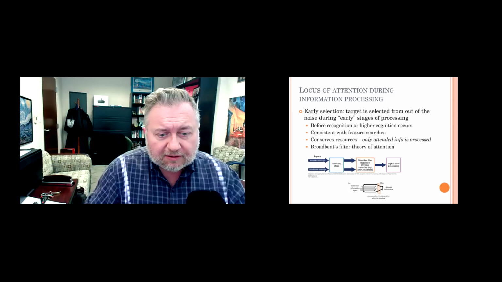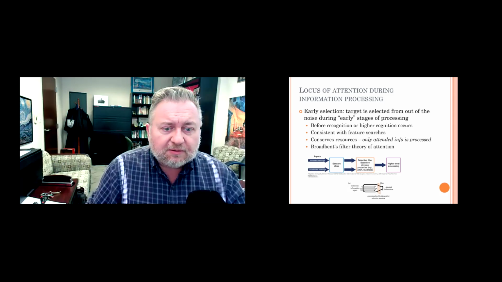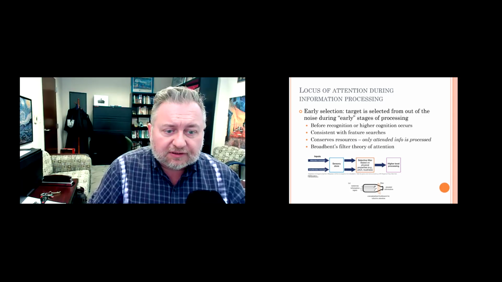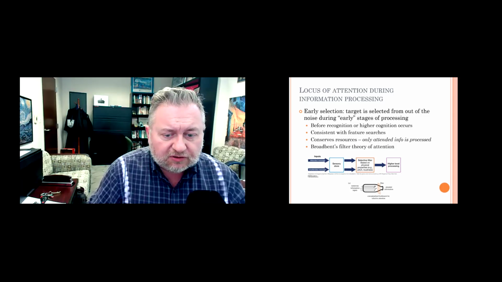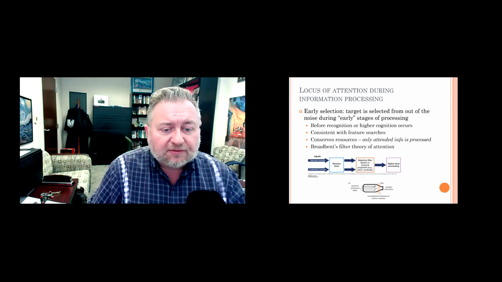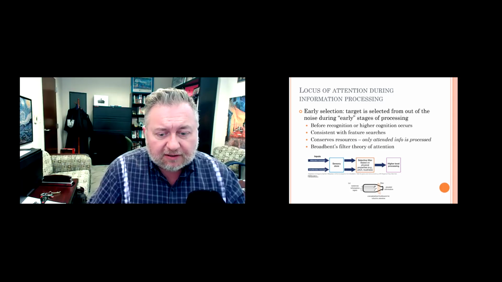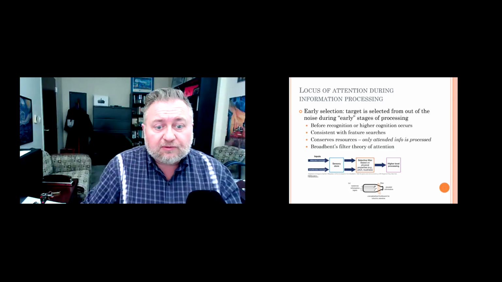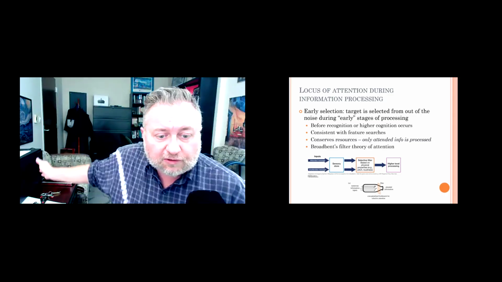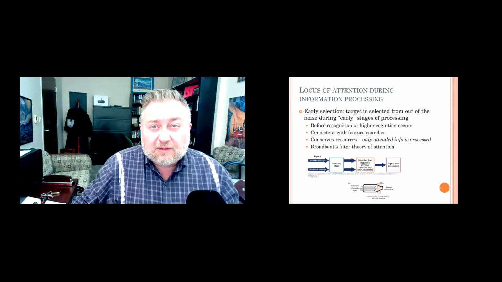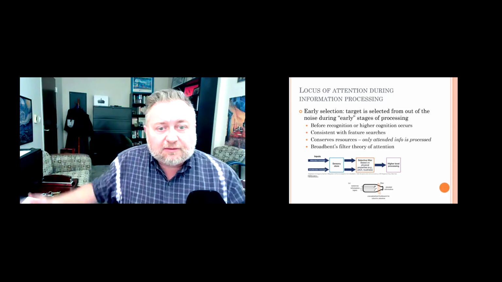And another way to think about difficulty here is to think about attention as a filter. This is an idea I think brought up in the first chapter when talking about some of the historical influences on cognitive psychology. Broadbent had applied the concept of an electronic filter to attention, right? With the idea that attention works to keep a kind of unwanted information out of the mind, right?